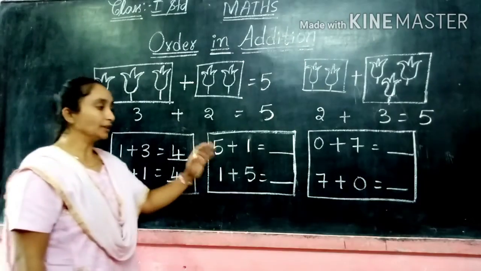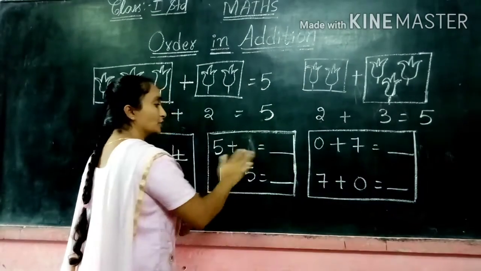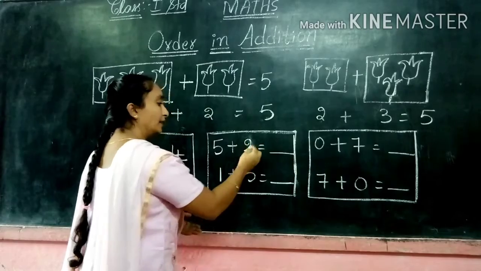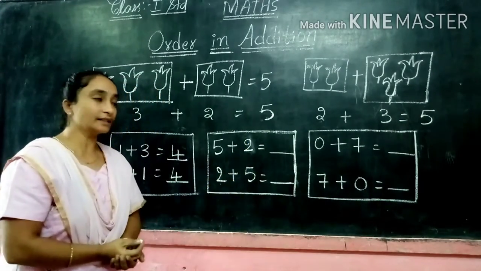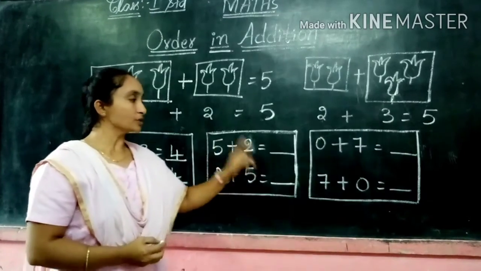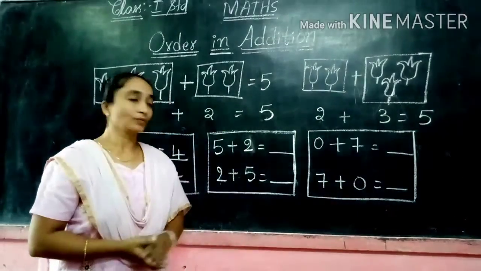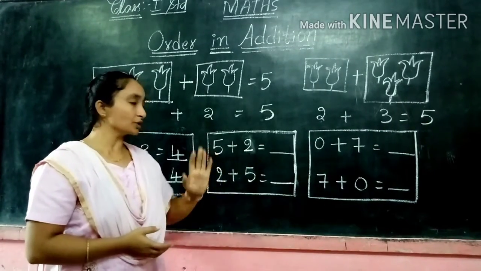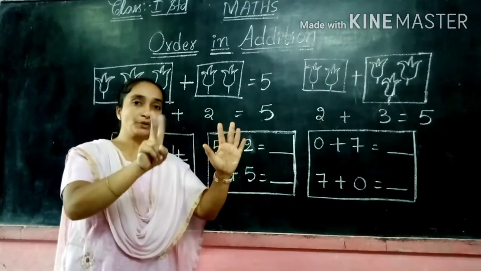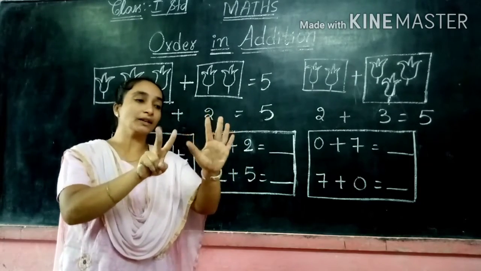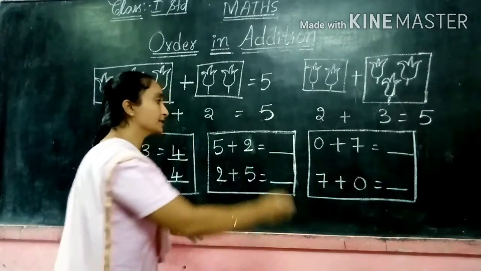For example, now in the second one, here I am changing. This one I am not writing, children. Here I am writing 2. Let us see this one. 5 plus 2. So here we can add, children. Already first 5 is there. 5 plus 2. Here I am adding 2. 1, 2. So total how many are there? 5, 6, 7. So the answer is 7.